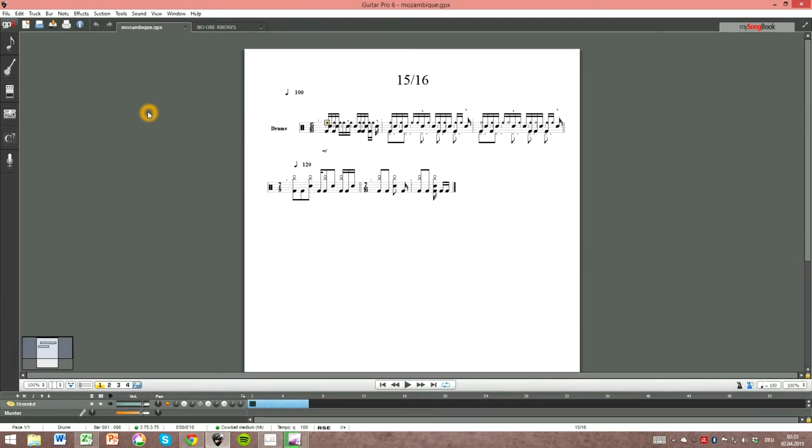In some situations it might be useful to create a custom click, especially for 16th note based meters, because the click would be so fast that it's not really helpful and more disturbing. And for example, in this piece, let's listen to it. The click is phrased differently than the actual pattern. The click is phrased 6-6-3, while the pattern is phrased 4-4-4-3. To create a custom click,